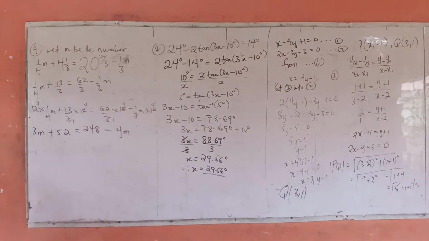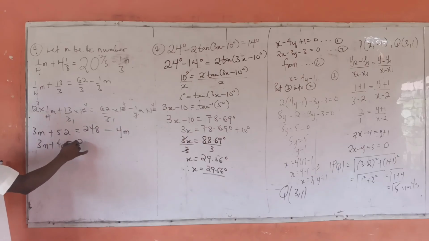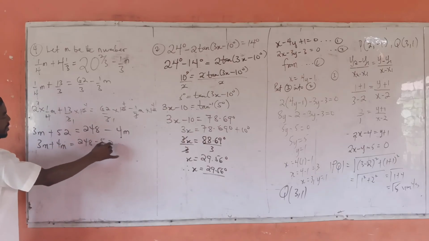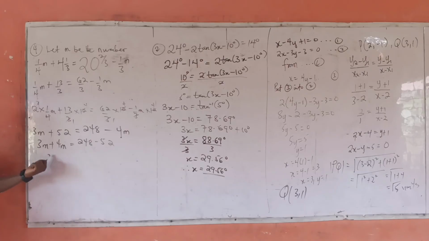Yes, I have this minus 4m. Wow, the number is very big. So we bring this to this side, giving us 3m plus 4m is equal to 248 minus 52. 7m